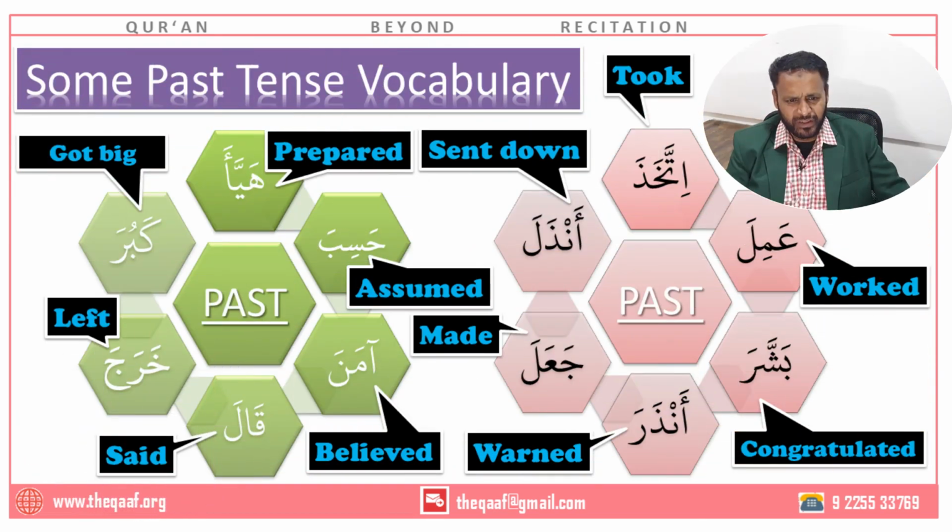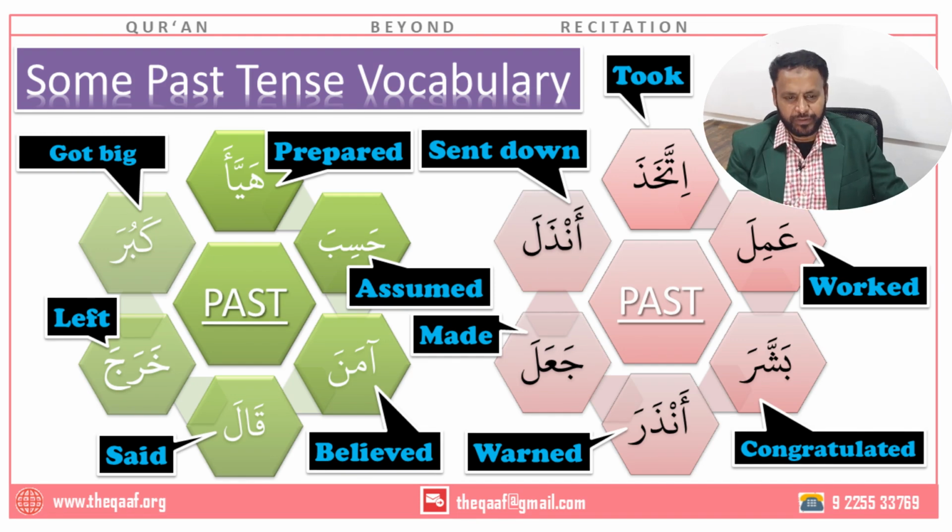Okay, so I'll give you 2 minutes. Take a look at these 12 words and the meanings related to them, so that we use them in the exercise and try to understand the past tense. So these meanings are general meanings, not the actual meanings. Like the word amila, it says worked. But if you literally translate, it's a full sentence. It's a verb, it's a past tense. So the actual translation will be he worked. Third person masculine singular, first word of the table. He worked. Similarly, bashara should be he congratulated. But these are just a rough meaning given to you so that you understand the core meaning of it.